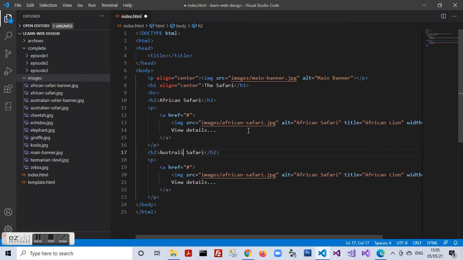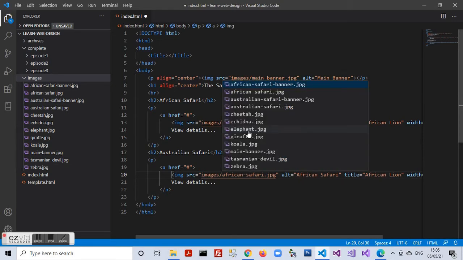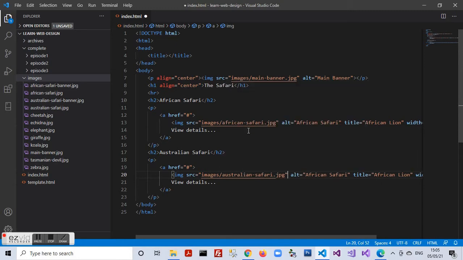So the heading becomes Australian Safari, image source becomes images slash Australian Safari.jpg, alt becomes Australian Safari, and the title becomes Australian Kangaroo.